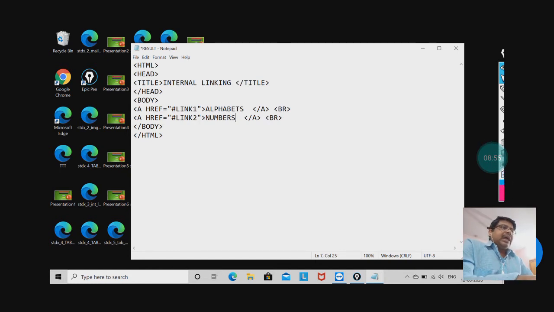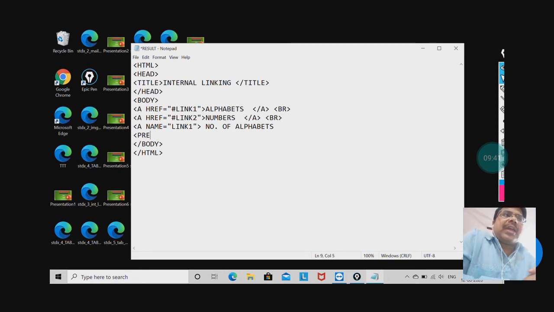Now I'm going to have its contents. Yes, using the name attribute of the anchor tag. A name equal to, now see, my dear, what is my segment? Has link 1. So here I will write link 1. Now what is it? Number of alphabets, anything you can write. Here I must close it. Number of alphabets, and then you must use